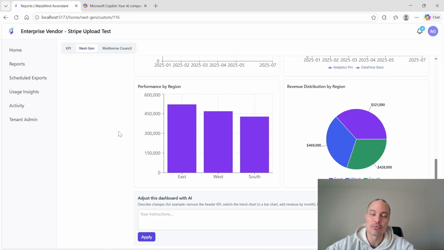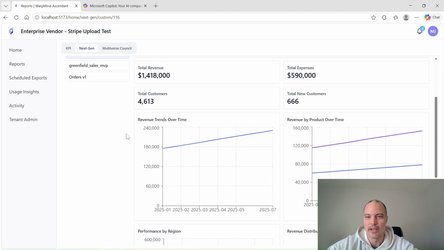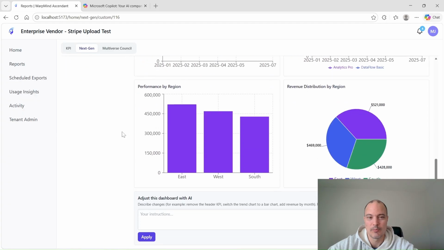When we put in that prompt, it went through an LLM, like I said, in this case ChatGPT, to figure out, hey, what are we trying to do? It took that request, synthesized it, and sent it back to us, and then we were able to create this dashboard on the fly. And what's nice about it is, this might not come back exactly the way that we had wanted. So, for example, let's say that